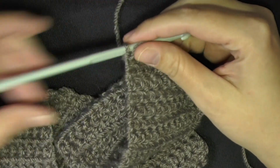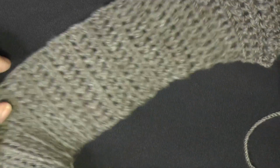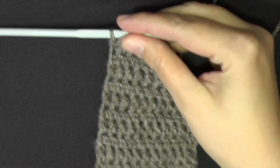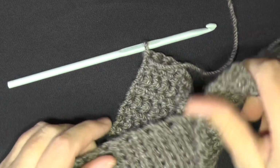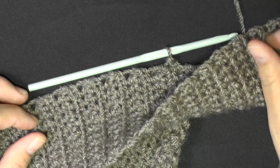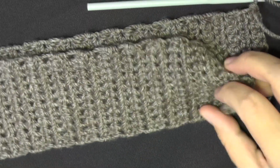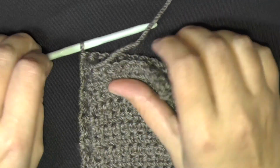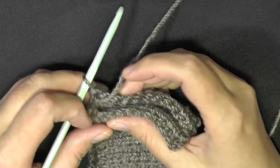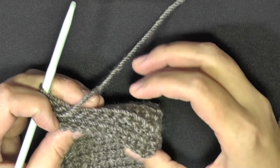Okay, when you've finished your 60 rounds, you'll see that you have these little sections here. And what I do, this is my last round finished. It's okay if it's all twisted and everything when you were working on it, how it kind of twists like that, it's okay. Because now you're going to flatten it out, folding it over like that. And you want to line up your stitches. You should have 11 on each side so you can count